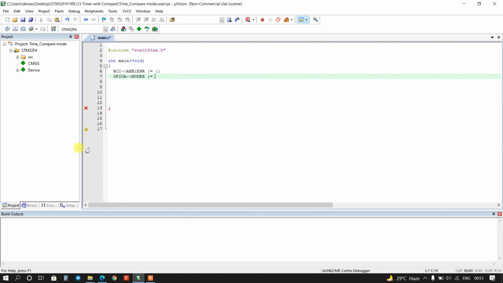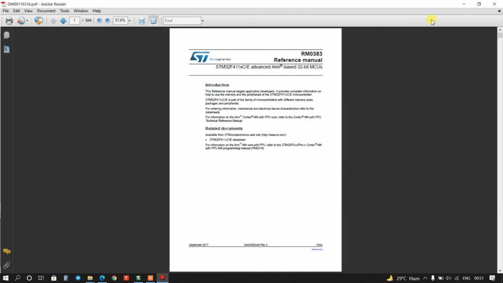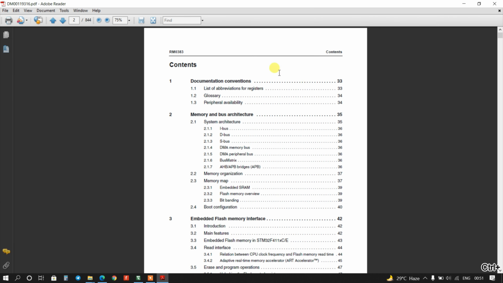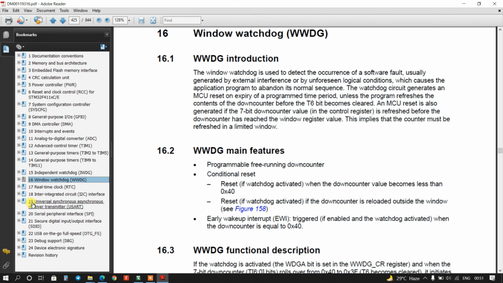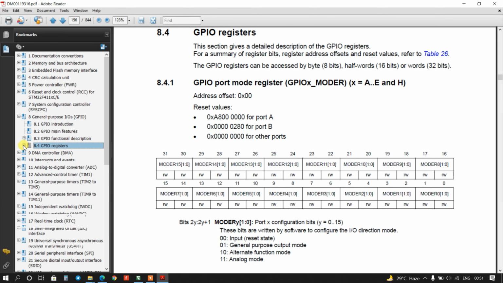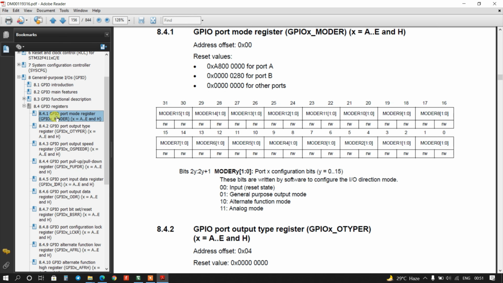I will go to mode registers in the reference manual. Okay, so I will go to GPIO registers. Here you can see this is the mode register.